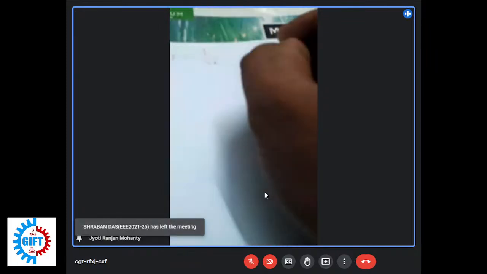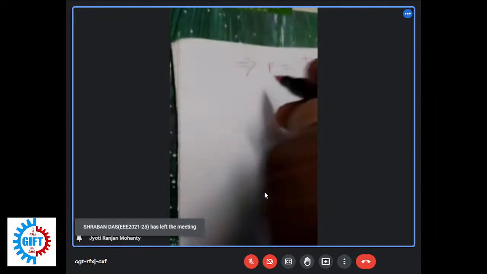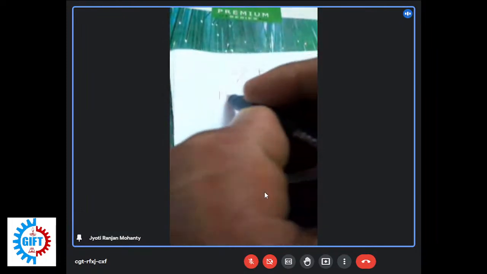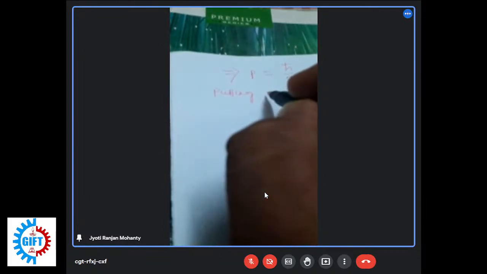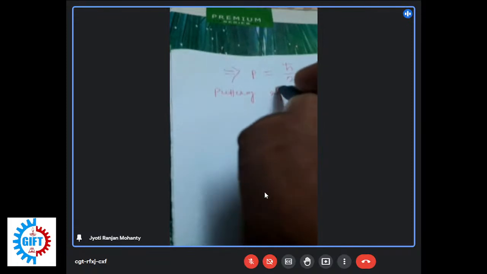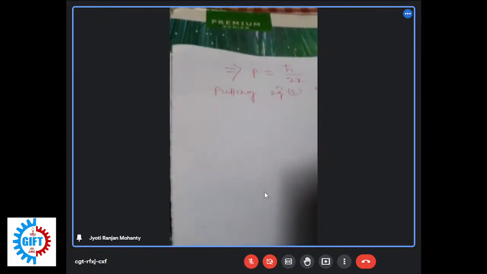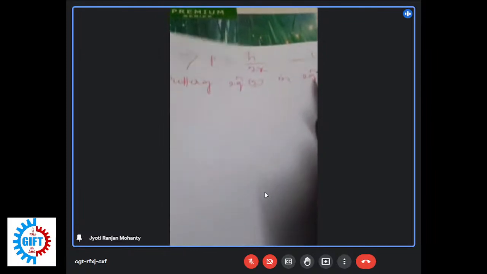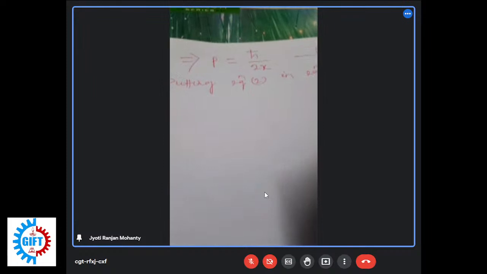Give this as equation number 2, because in science and engineering you have to give the equation number. So putting equation 2 in equation 1. Putting the value of p from equation 2 in equation 1, we get, who can say